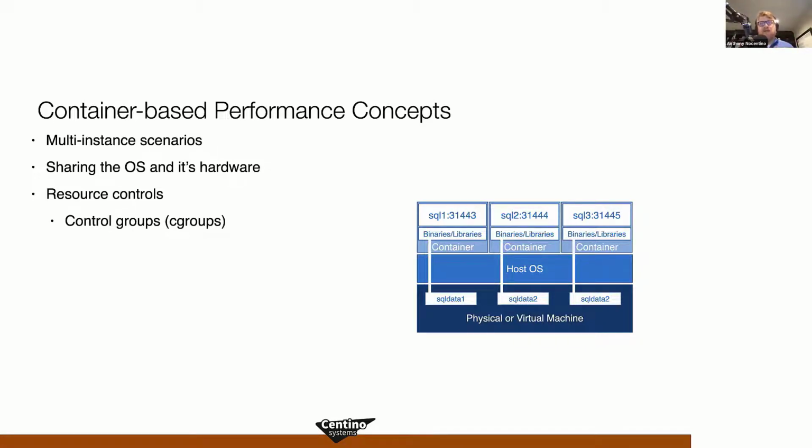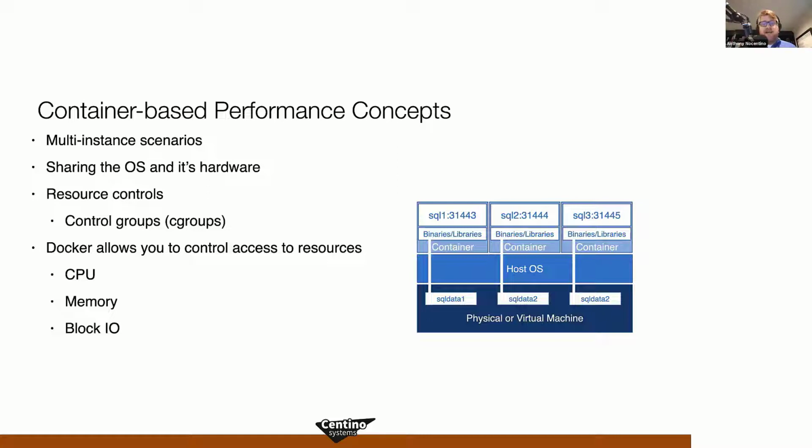Control groups are a function of the Linux kernel that allow me to put some boundaries or limits around what's getting consumed, right? And Docker allows us to control access to those resources via control groups. And so we'll look at a collection of Docker concepts and also commands that allow us to control access to resources when we start up a container. But under the hood, it's control groups and the Linux kernel that are controlling access to the resources in Linux-based Docker deployments. What can you control? CPU, memory, block IO, and the number of process IDs allocated.